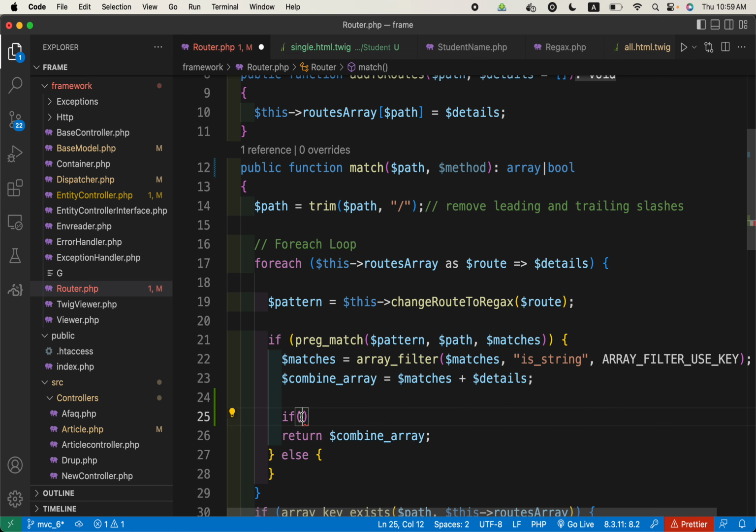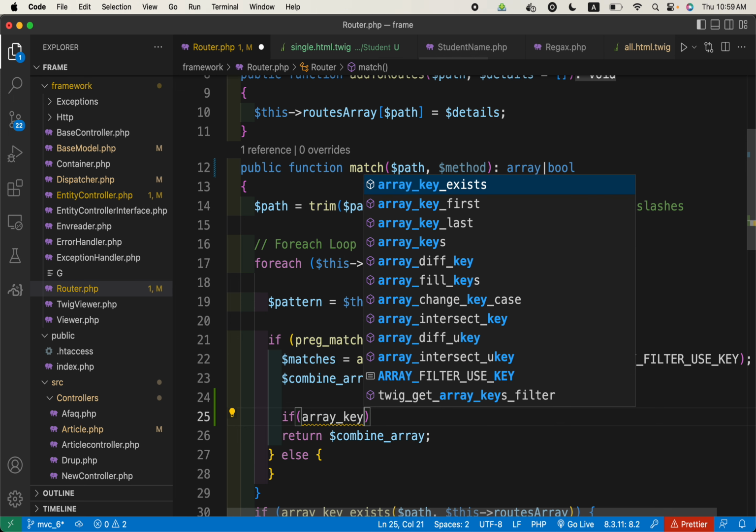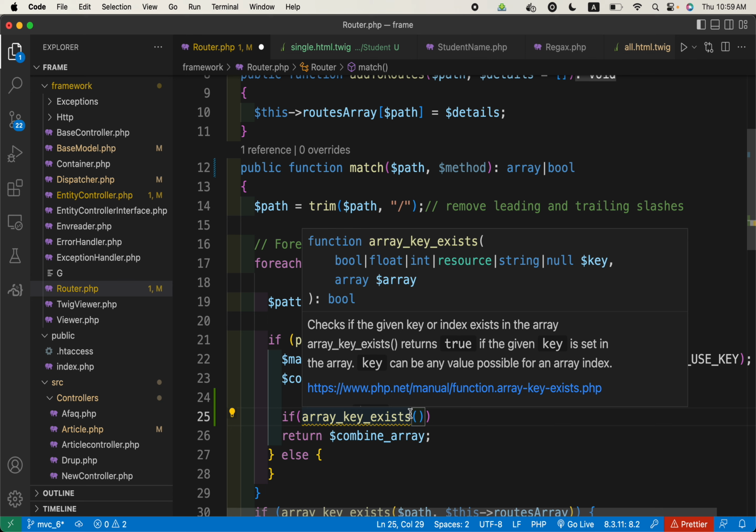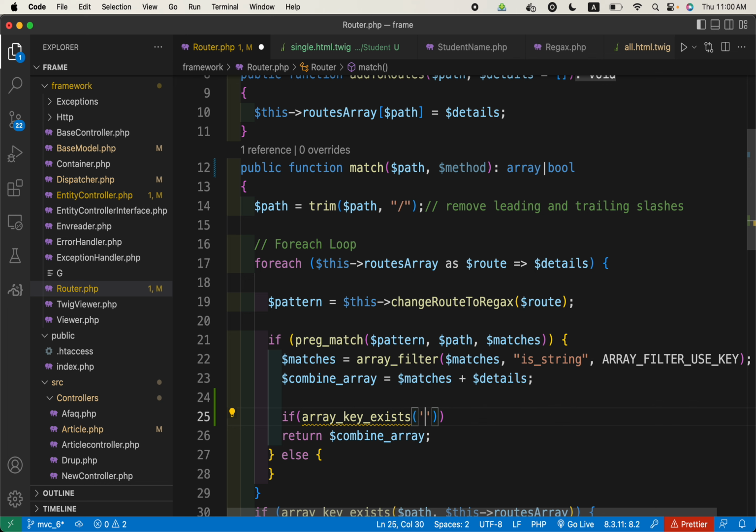So what we can do is if array_key_exists, what should exist? Method. So if method exists,